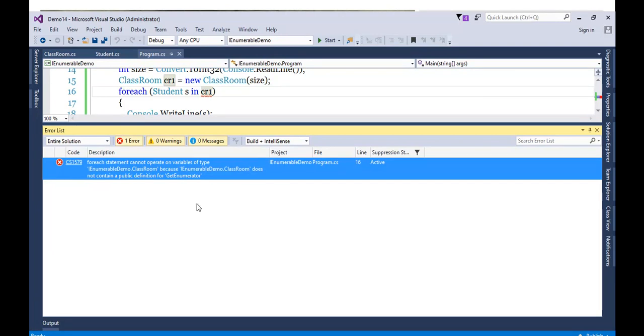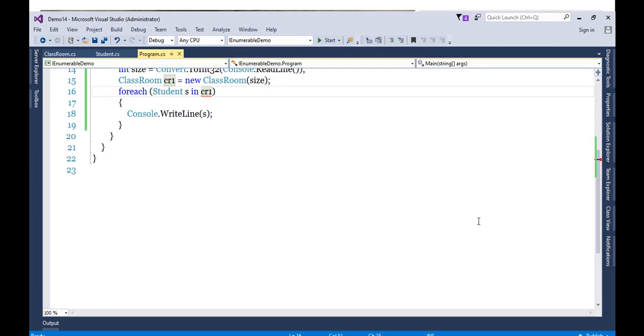As far as the framework is concerned, the framework will always suggest that I implement IEnumerable. You can see this error: foreach statement cannot operate on variables of type Classroom because Classroom does not contain a public definition of GetEnumerator. Now, why is it saying this?